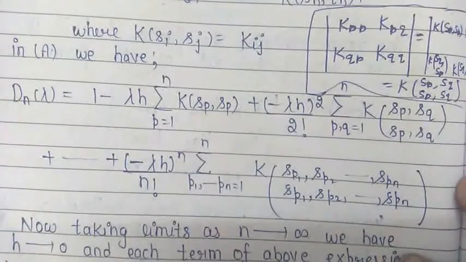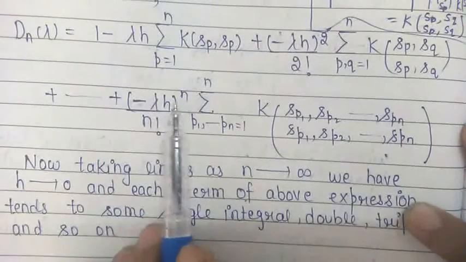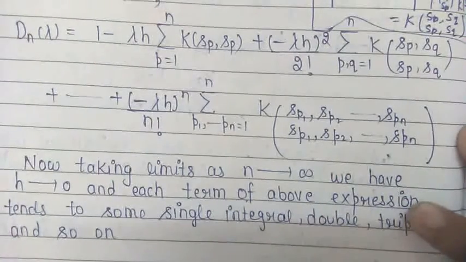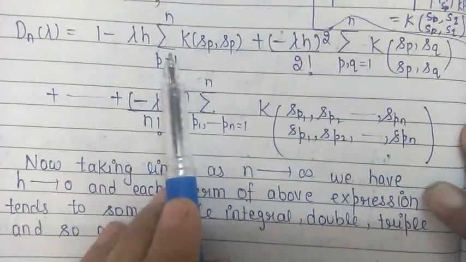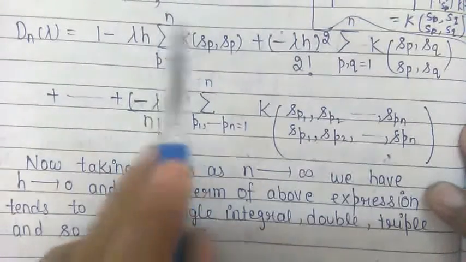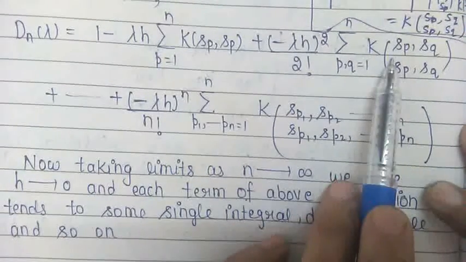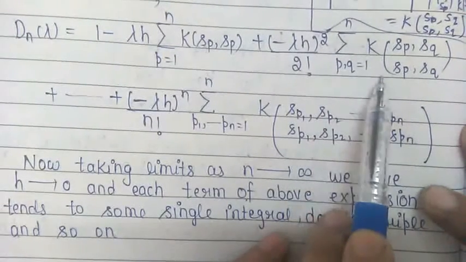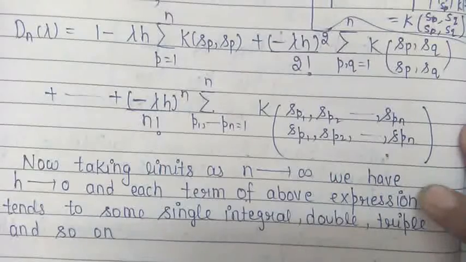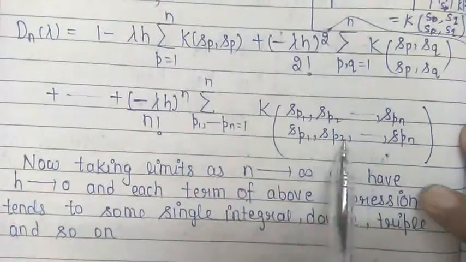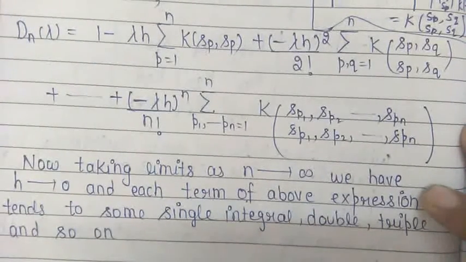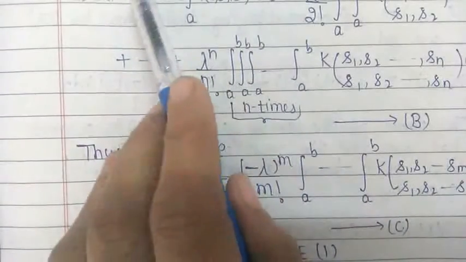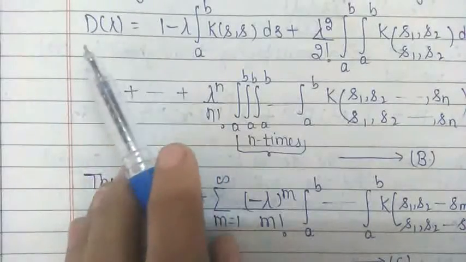Now if we take n approaches to infinity, then we will have h approaches to 0, and we know that every integral can be written as the limit of summation. So the limit of summation here will become integration. So this will become a single integral, and this term will become a double integral, because here we are having a double summation. So double summation's limit is a double integral, and so on in this way. So each term of this Dn(lambda) will be converted into the integrals as we take the limits as n approaches to infinity. So taking the limits, we get the limit of Dn(lambda), that we have denoted by